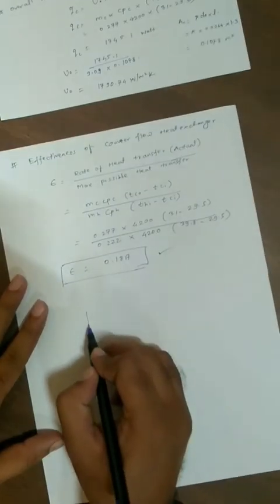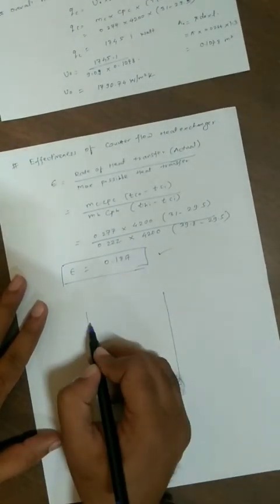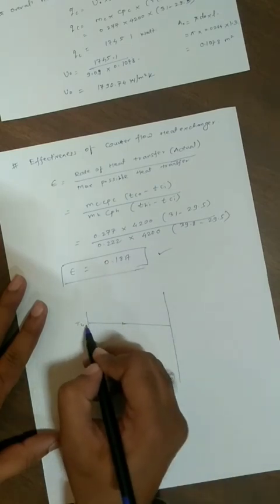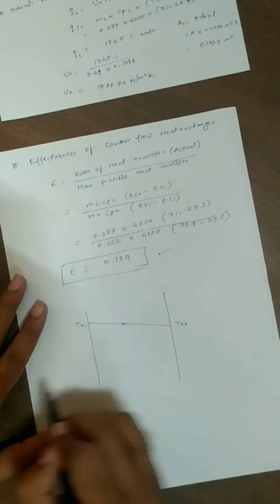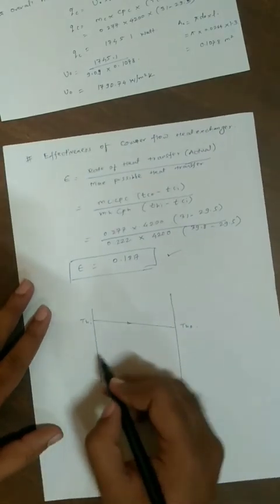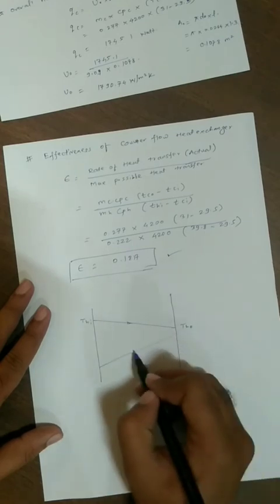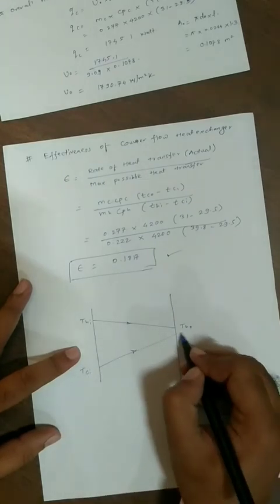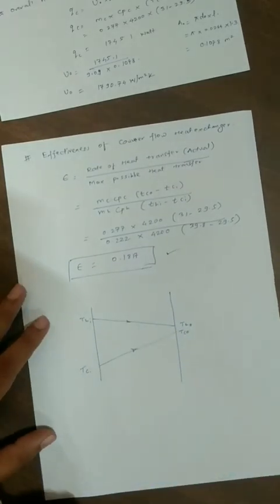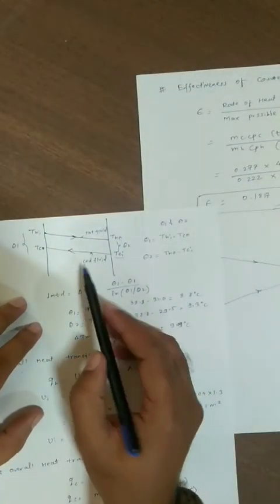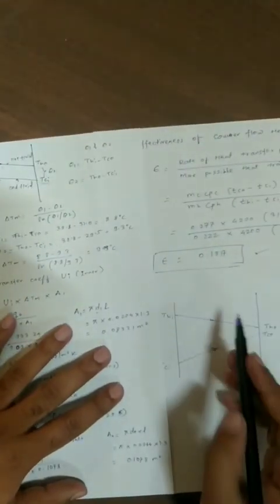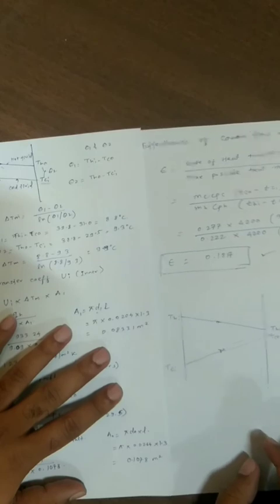While in a parallel heat exchanger, what is going to happen? The temperature of the hot fluid decreases while the temperature of the cold fluid increases. So this will be the graph of the temperature for a cold fluid. Okay, for a hot fluid, for counter flow, this graph we need to prefer, where the arrows are opposite, while here in a parallel way the arrows are in the same direction.